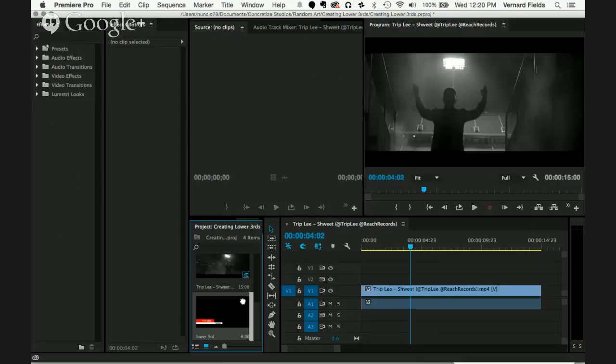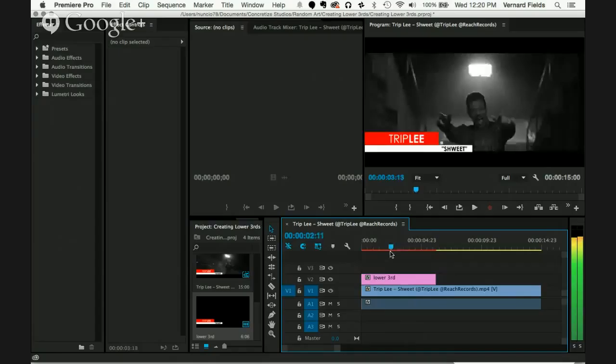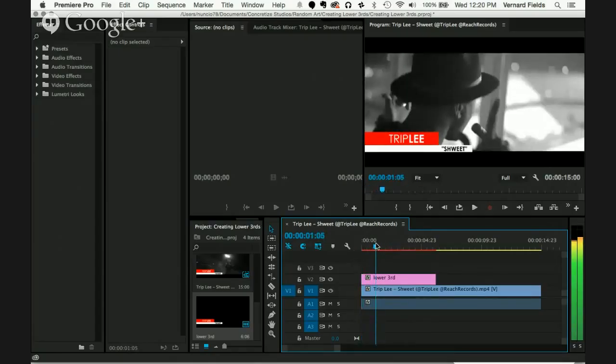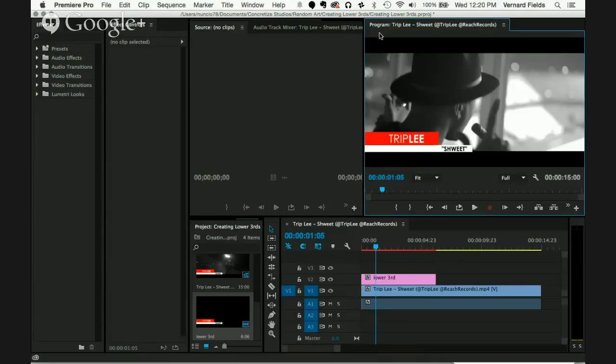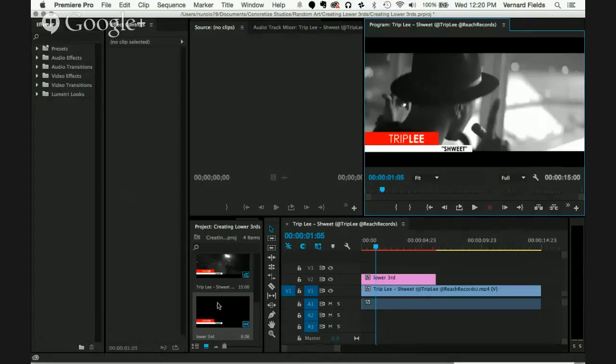Now you can take that lower third and then pull it up here, like so. And there you have your lower third. Now, for me, this is what's bothering me. Over here, if I was to go ahead, hit the tilde key, right there, this right area is not lined up right, which is perfect because I'm going to show you that you can go back into your lower third